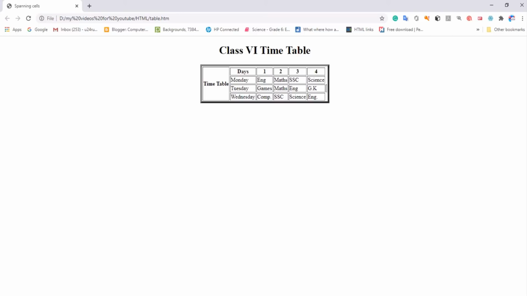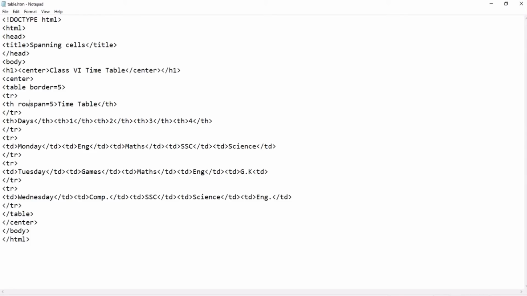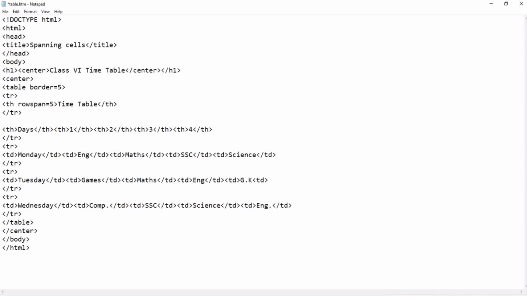Yes, of course you can add the background color also. So what we will do, we will simply go back to our table here. After tr1, I have to write here bgcolor equal to double quotation, hash, and I'll write any random code, okay, 4. Then double quote, then close it. Okay, so done. Let's see.